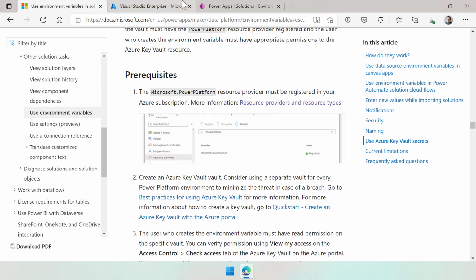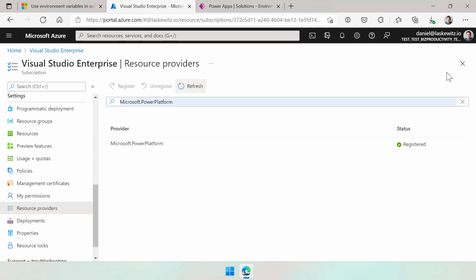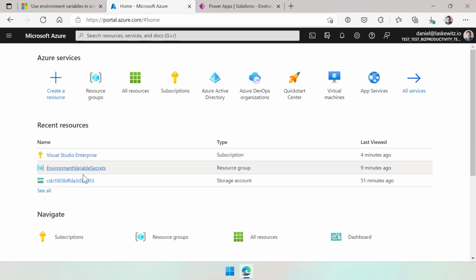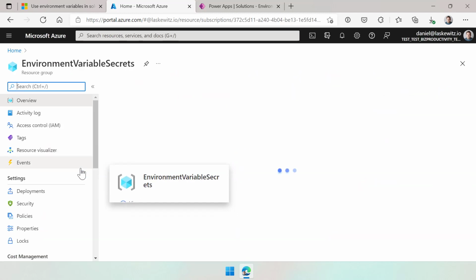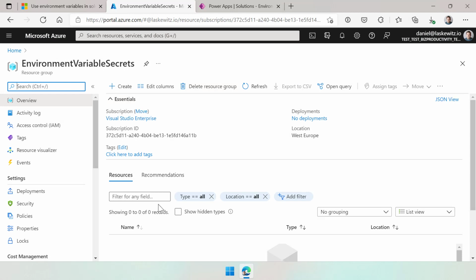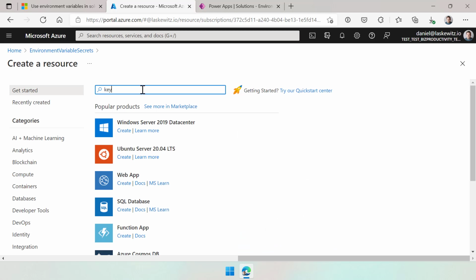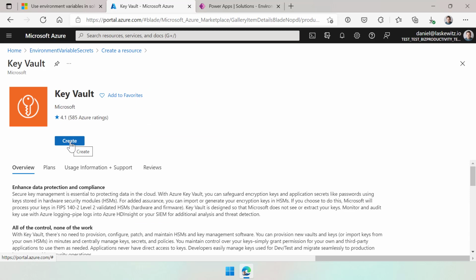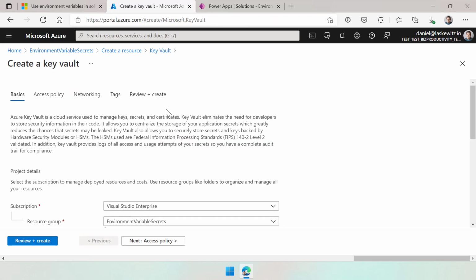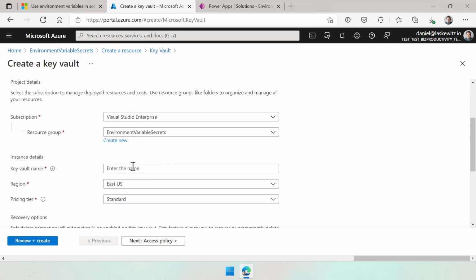But in this case, I'm just gonna go to my Azure environment and I'll open up my resource group and I'll create a resource, and I'll just add Key Vault here. There it is. I can select create. I can fill in all kinds of details here. So let's call this Key Vault